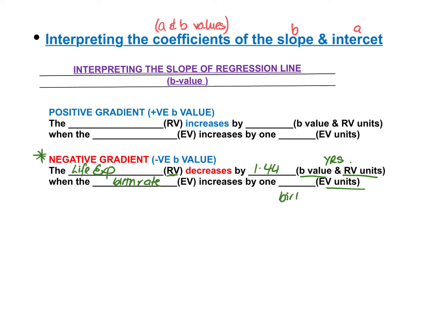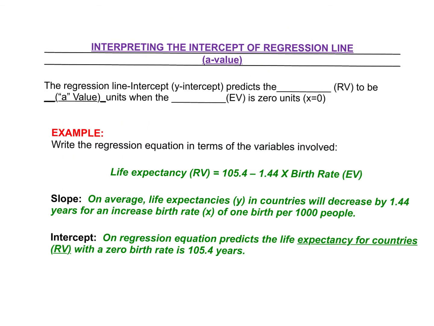1 birth per 1,000. Okay? Go on. So if we're asked to interpret the A value, we're going to write this. Now the A value for us in this example was 105.37. So we'd write this statement. We go, the regression line intercept, or the y-intercept, predicts the